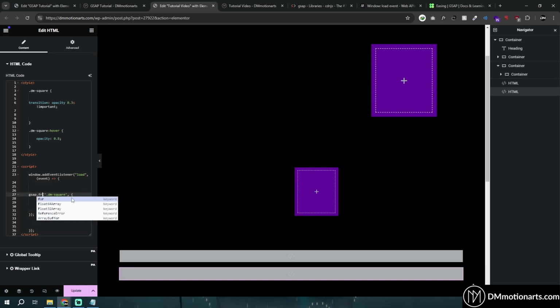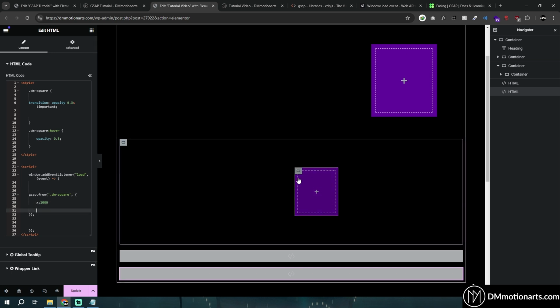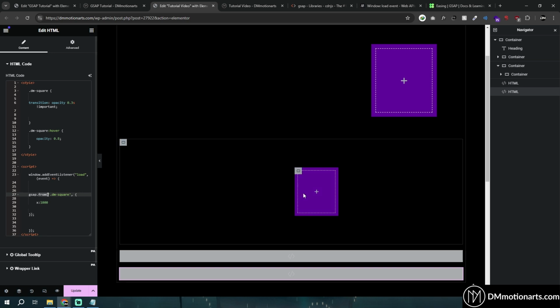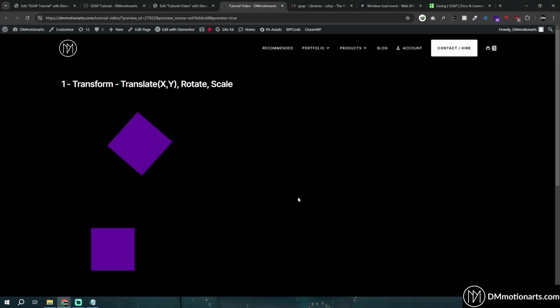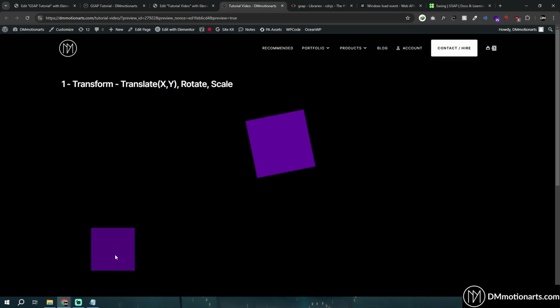If I use from like this, now what's going to happen is this is going to turn into our initial state. So right now this one would be where it would start from, because it's from, and it would go to the initial location which you have set with Elementor, or whatever you have set with CSS. So if I do refresh now,